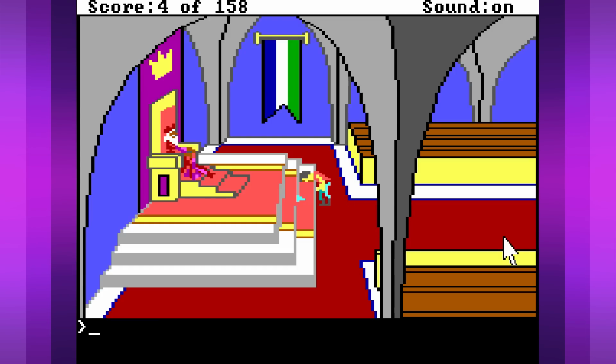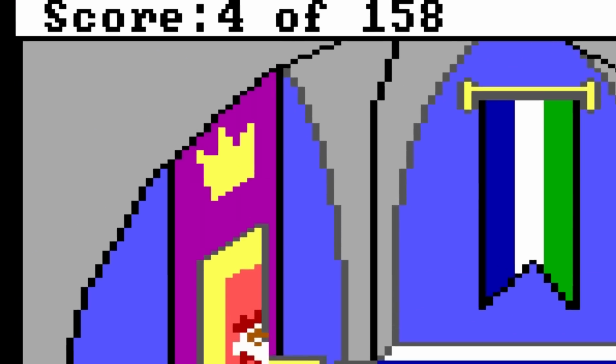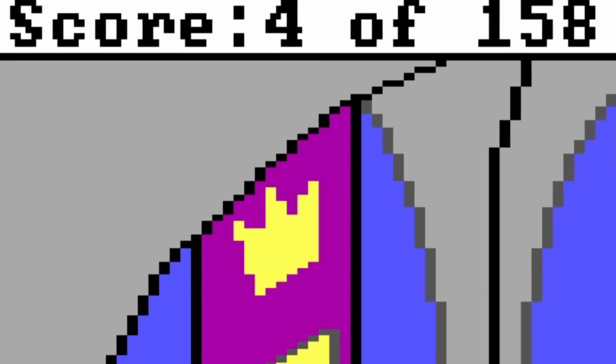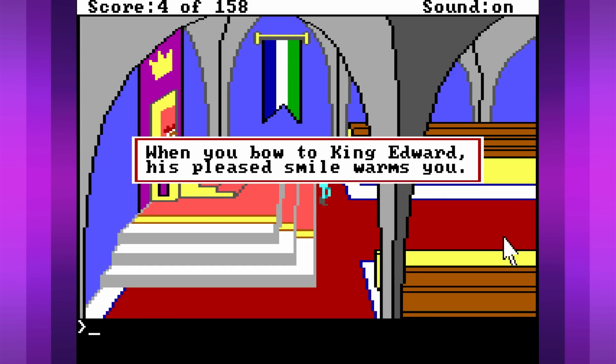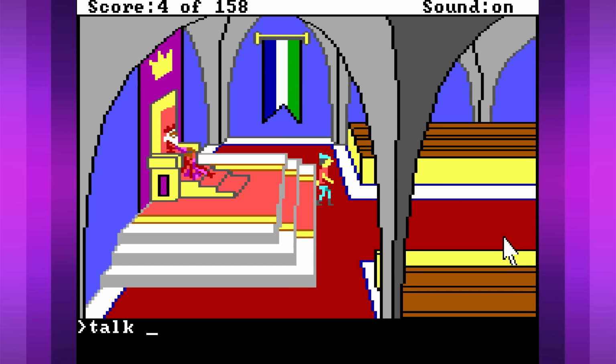Make sure to bow before you speak to him. Just manners, innit? Also, yes, points. Old Sierra games had a point system. Think of it like a checklist of things you need to do throughout the game, where you would only get the top score if you find all the optional things as well as the necessary things, one of which is bowing to the king. The story of this king is a sad one, and it's told in more detail in the manual,